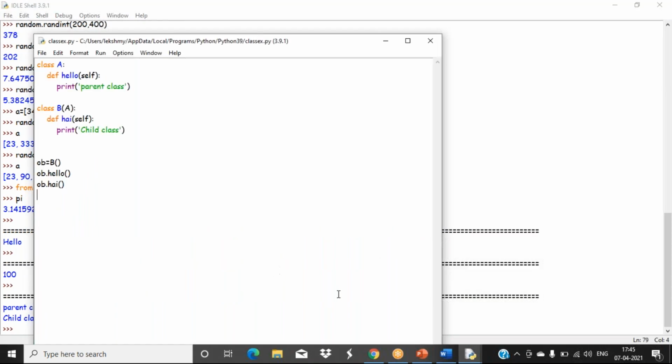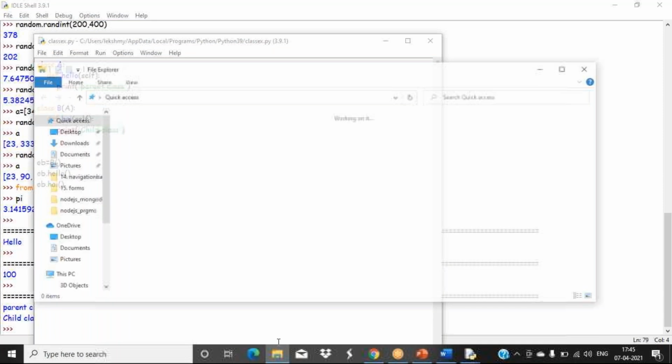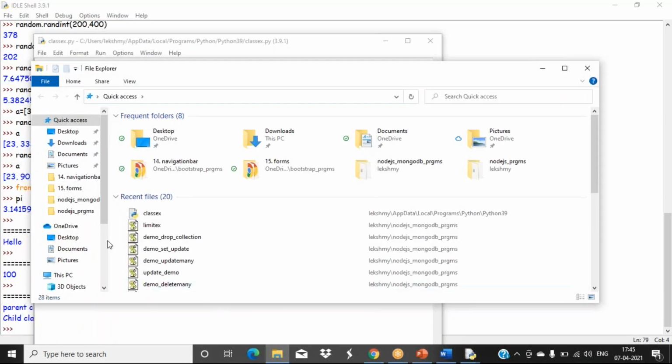So all these things are important. We'll use them in real-time situations, because in real time we have to implement using object-based or object-oriented way only. There, class creation will be there, object creation will be there. Okay, so that way of programming only they'll use. Now this is about the class creation. Okay, fine. Now about networking, I'll show you.